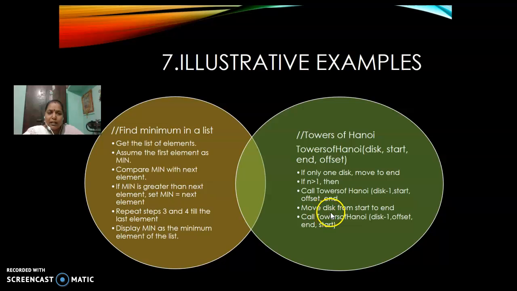Next, move the disc available at the topmost position from start to the offset, that is the intermediate pillar. Next, move the disc from start to end, and next we move the remaining discs from the intermediate to the ending pillar. In this way we have to write algorithms.